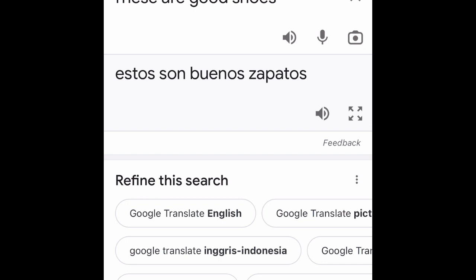So the full phrase is "Estos son buenos zapatos." So yeah, that's the S in the Cuban accent.